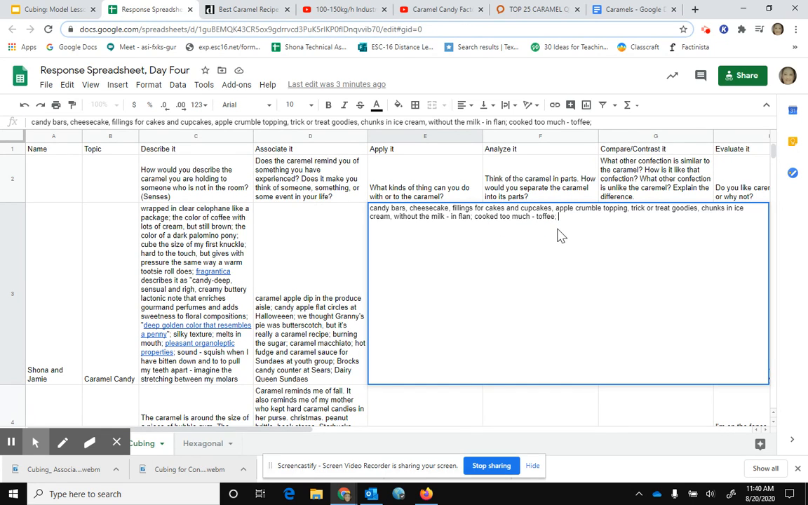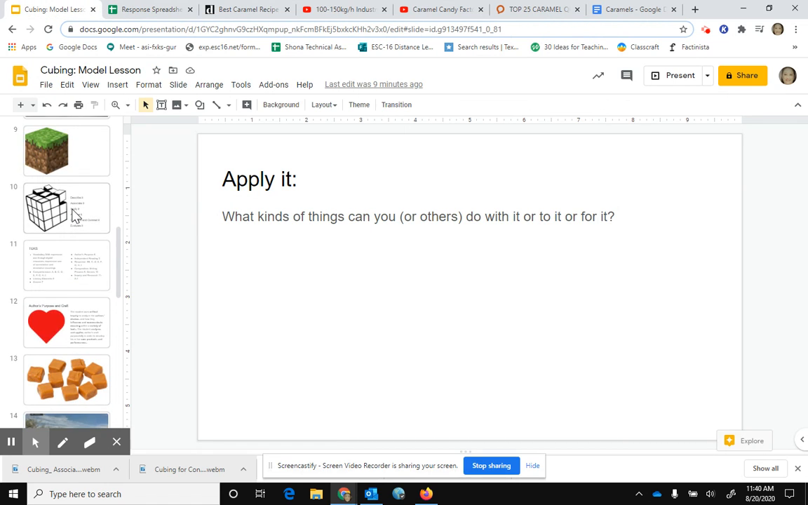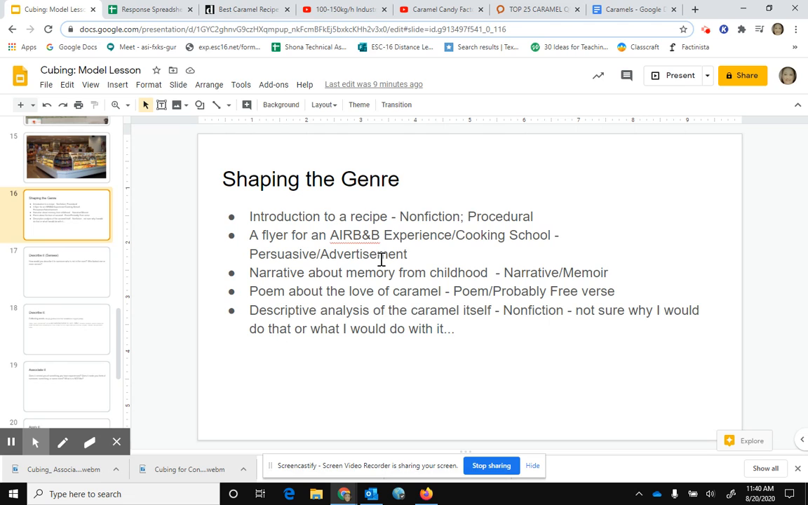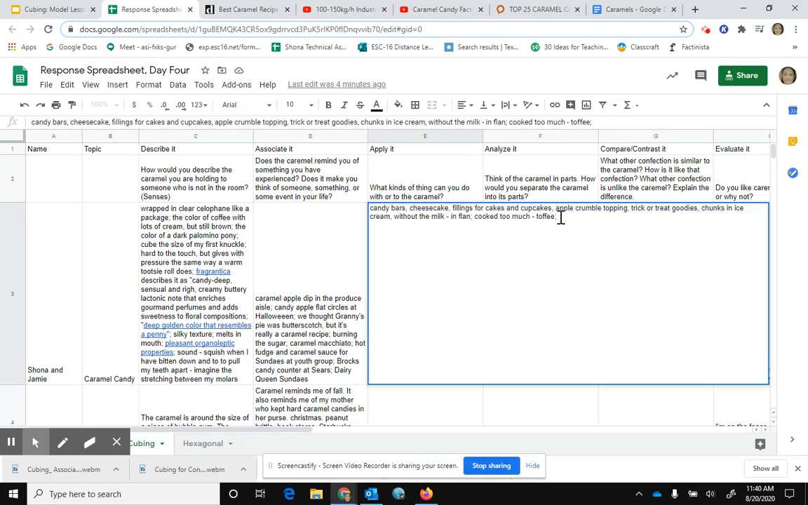Now, what I've done here is I've thought about the caramel itself, but if you remember, one of the things that I was thinking about writing was I was looking at what it might turn into if I were going to write about this. So, if I was going to, for example, write about this memory from my childhood, what would others do with that idea? And so I'm thinking about